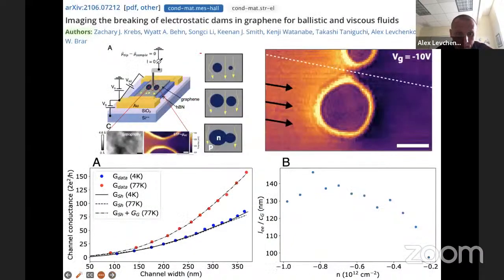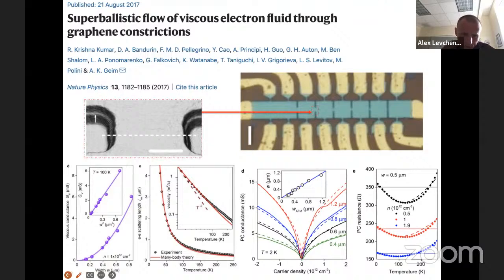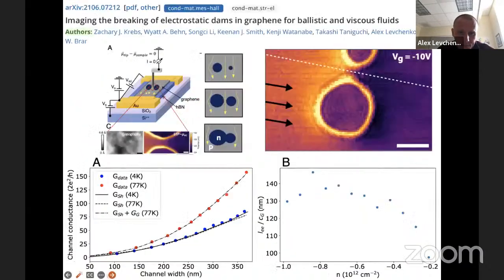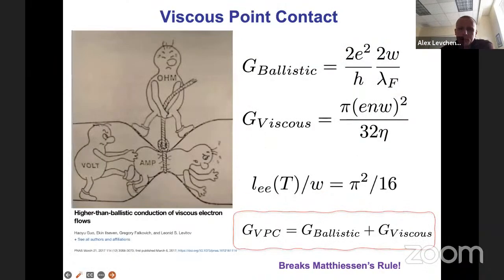So this is an experiment, and I think the theory for that at first was worked out by Leonid Levitov and Grisha Falkovich, and then others looked at that from different perspectives. My colleague Victor Brar measured similar things in different configurations, creating macroscopic defects in the bulk of the flow with electrostatic gating, and also saw an enhancement of this conductance once temperature is raised from the kinetic low temperature regime to the high temperature regime. So this beautiful scaling. So this is the second example.